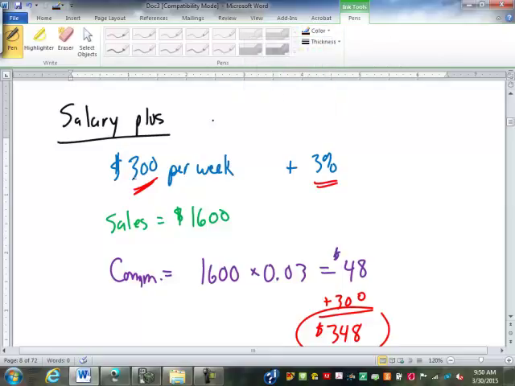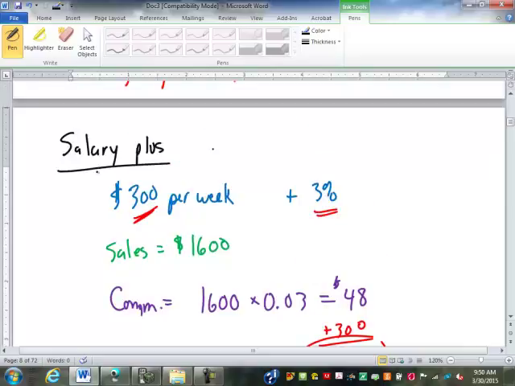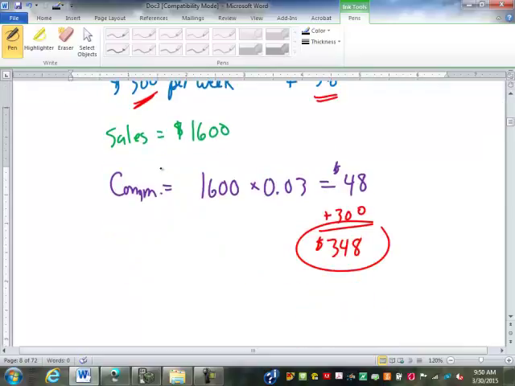Now, another way that this is sometimes done, rather than a salary plus, is sometimes a wage plus. You might get an actual hourly wage plus commissions on sales. I'm going to assume you guys can calculate hourly wage, so we're not going to get into that. Now, another way this is done, the salary plus type deal,